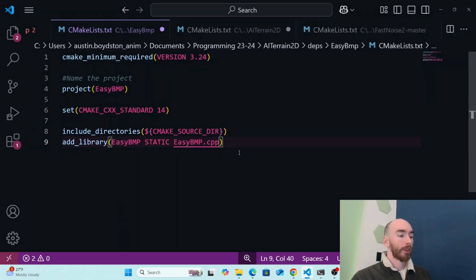And then this is important here on line 9. It says add library, and then I have easybmp static followed by the source file. And this line is saying that this is not my main executable. This is going to be a library that's going to be put on top of the main executable. So this line 9 add library function is necessary to put in our external library